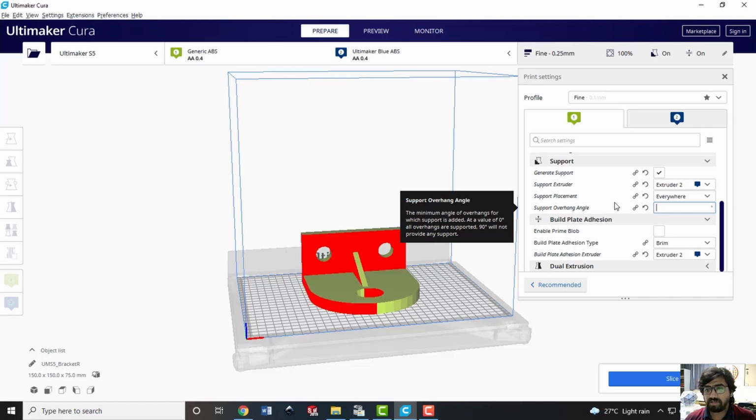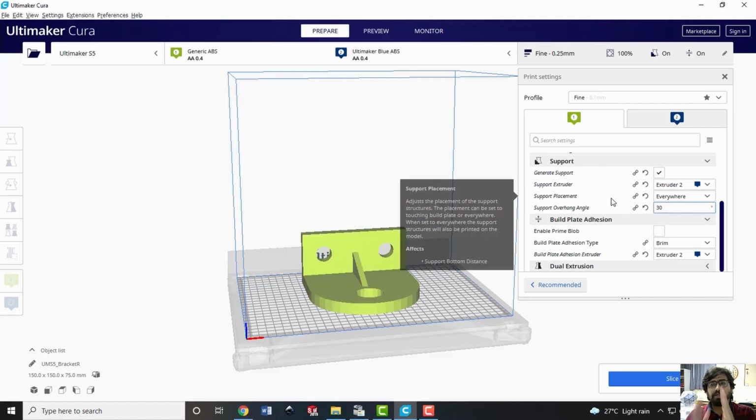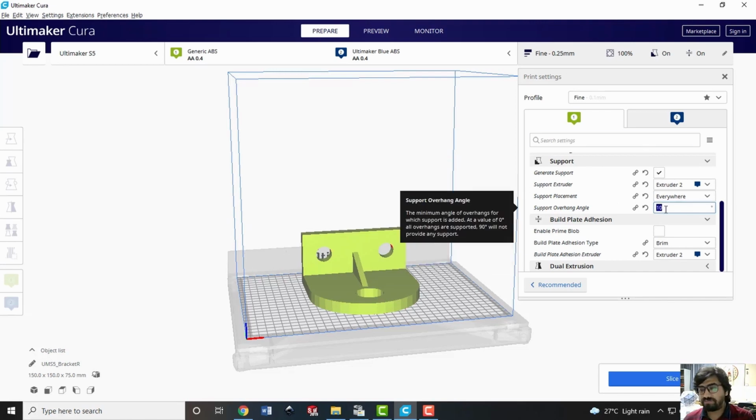In a similar fashion, if I say 30 here, that means all the triangles having more than 30 degree from the build direction will require the support, and triangles having less than 30 degree will not require the support. Further, if I say 10 here, that means the triangles having an angle more than 10 degree from the build direction will require the support.